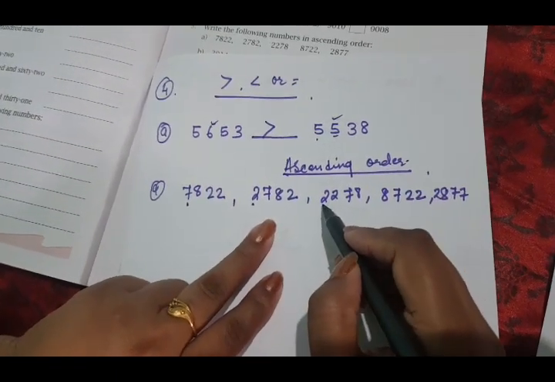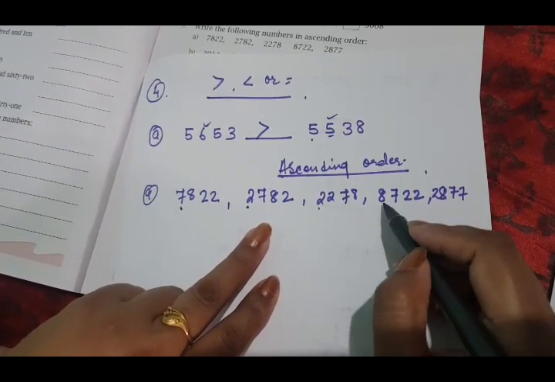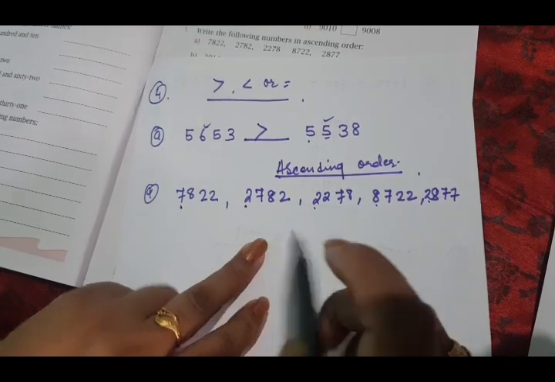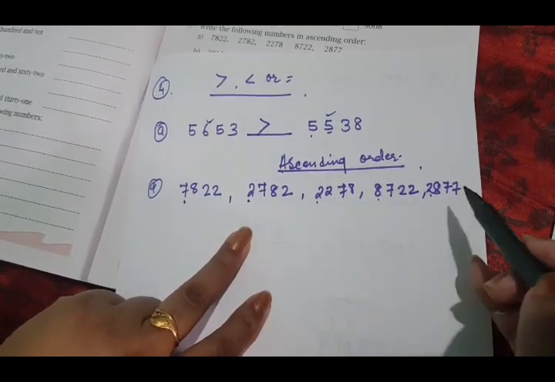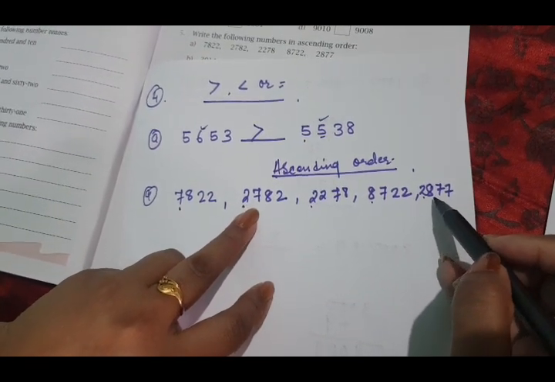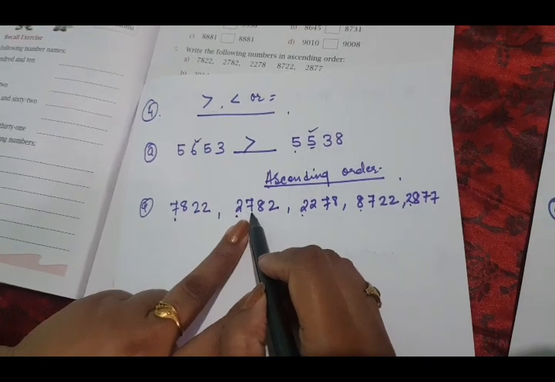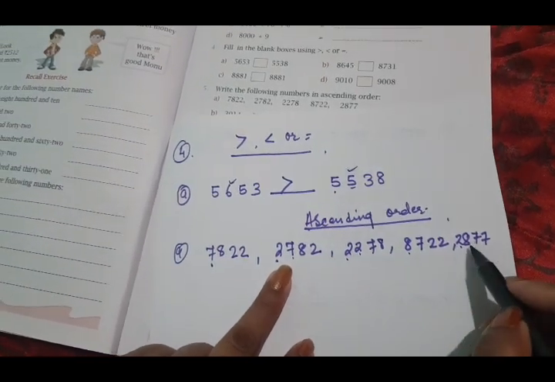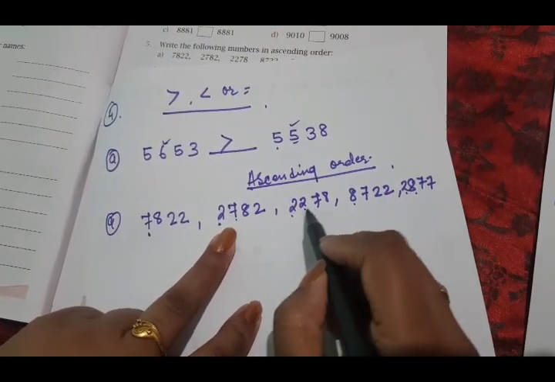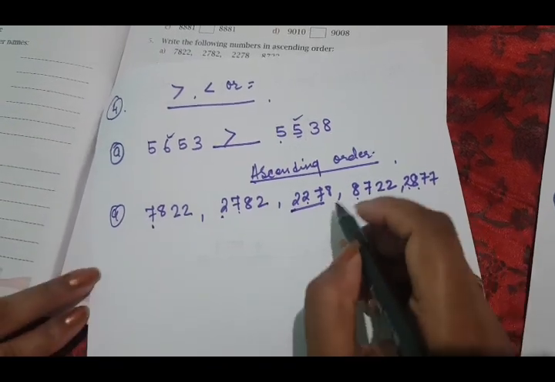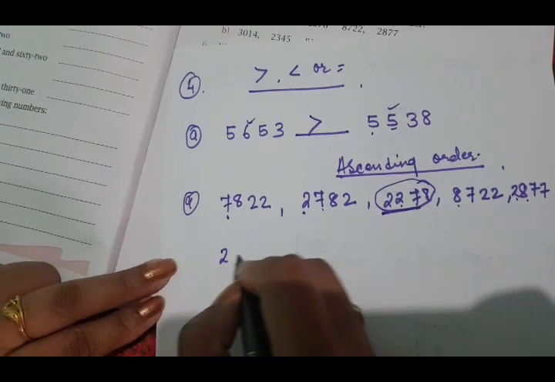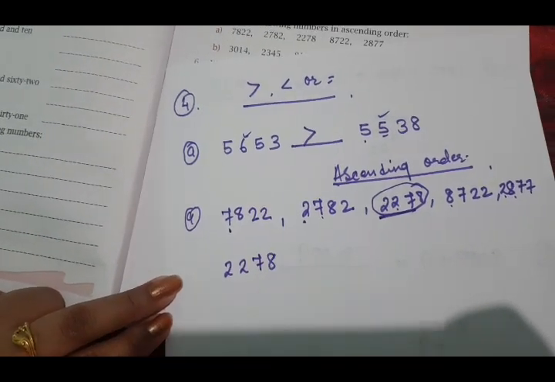In the third group you can see 2 again, and next is 8, and the last one is 2. Among all these groups, these 3 carry the same value in the first number. Now let us go to the second digit, that is 7, 2 and 8. Which is the smallest number? This group, isn't it? So this comes as the smallest group of numbers.